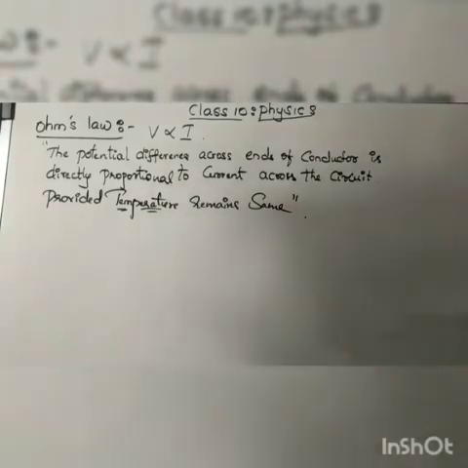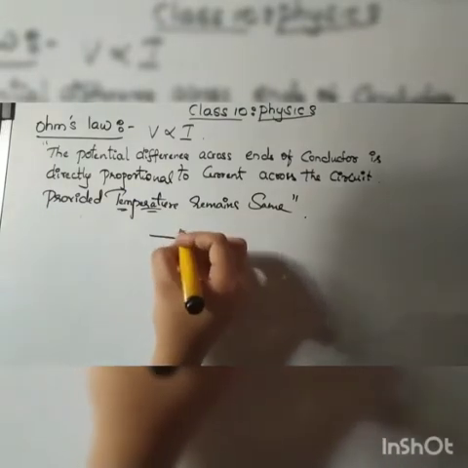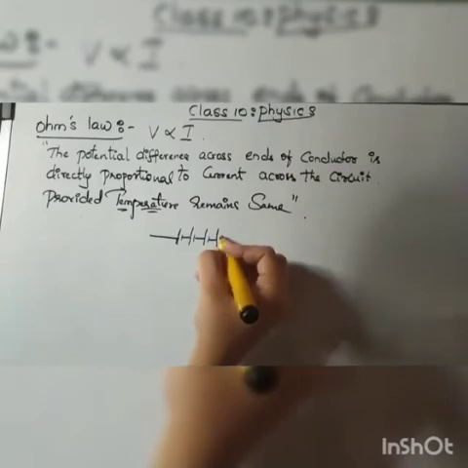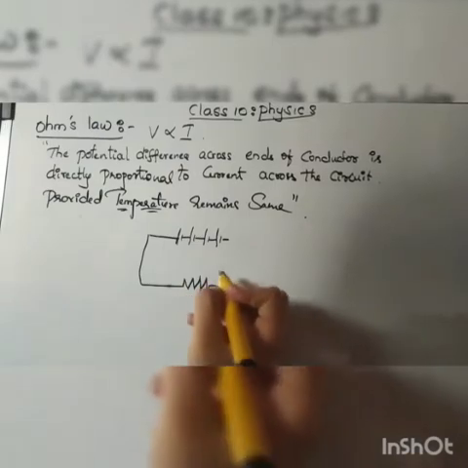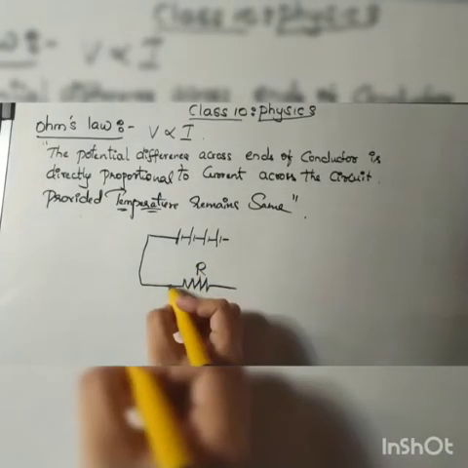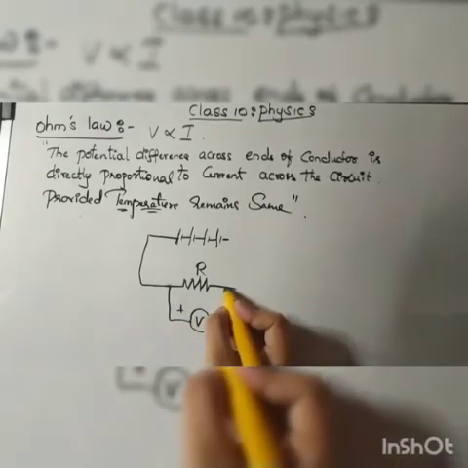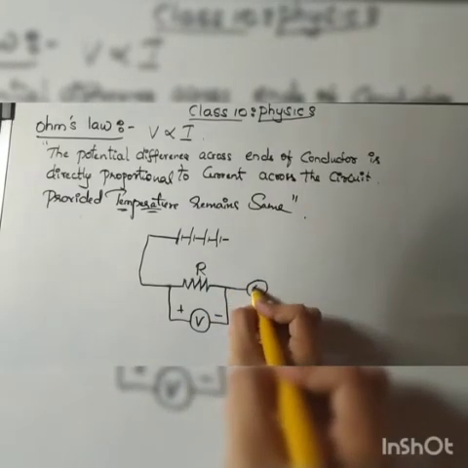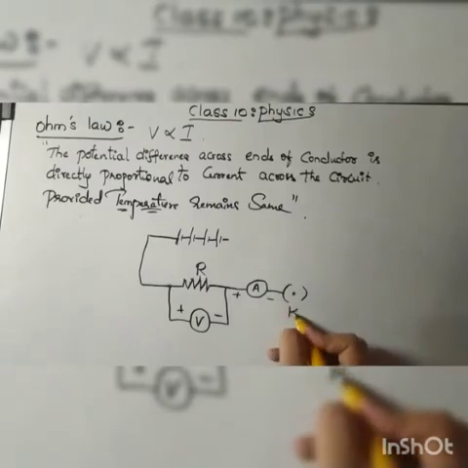Now there is a circuit diagram which relates potential difference and current. The circuit is a combination of cells. First I'm drawing 4 cells, and also a resistor, which is its electrical symbol. The voltmeter will always be connected in parallel with the circuit, so I connect it here, and here I connect the ammeter. The ammeter will always be connected in series, and the plug key is closed.